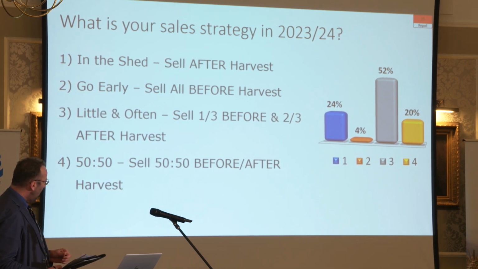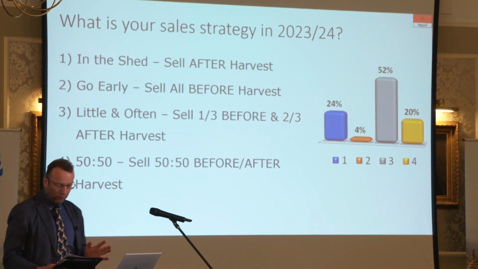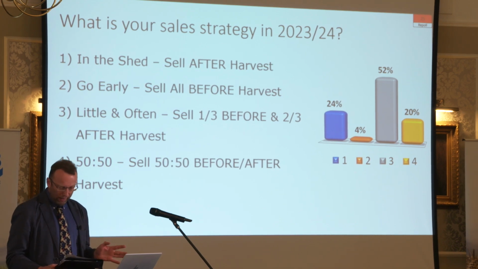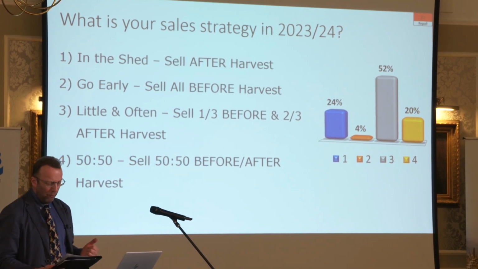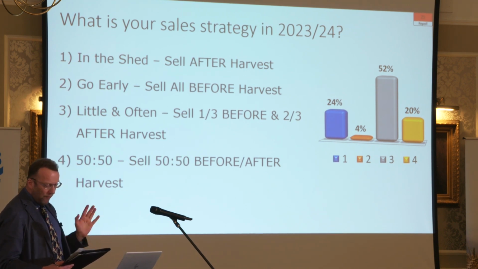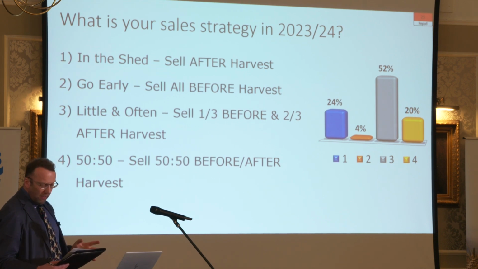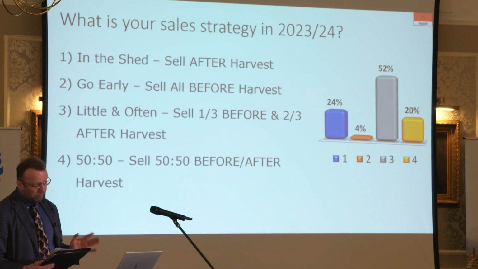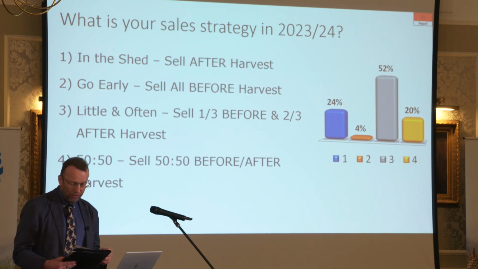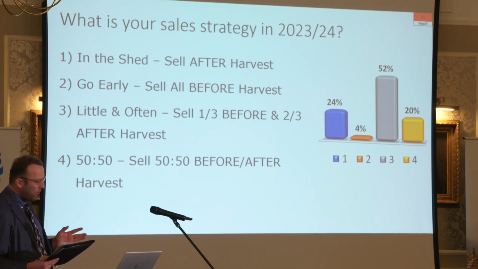It looks like one person has said they will sell everything before harvest. We pretty well were 0 everywhere else, because obviously you've got the issue of the weather, quality and yield. So the big one here is 50% selling a third before, two thirds after. That's actually quite similar. We had a bit more doing that further south, but between those two strategies, 70%,